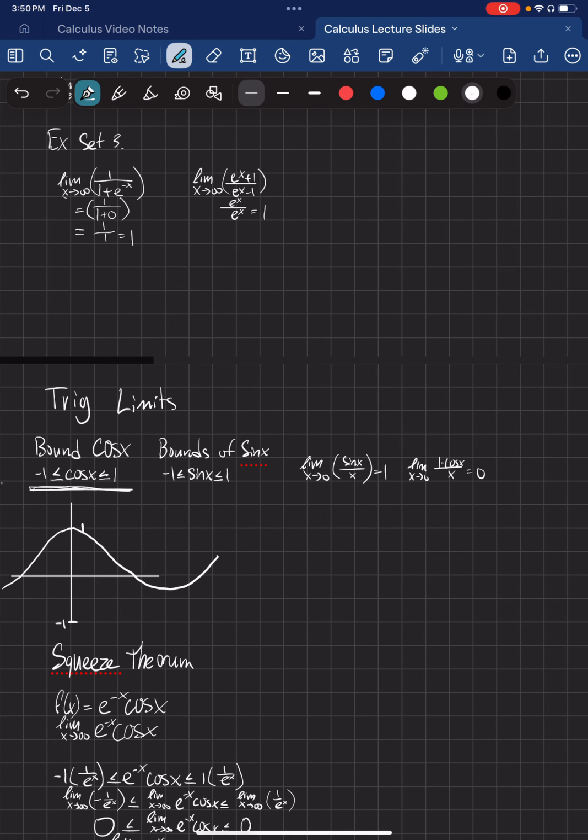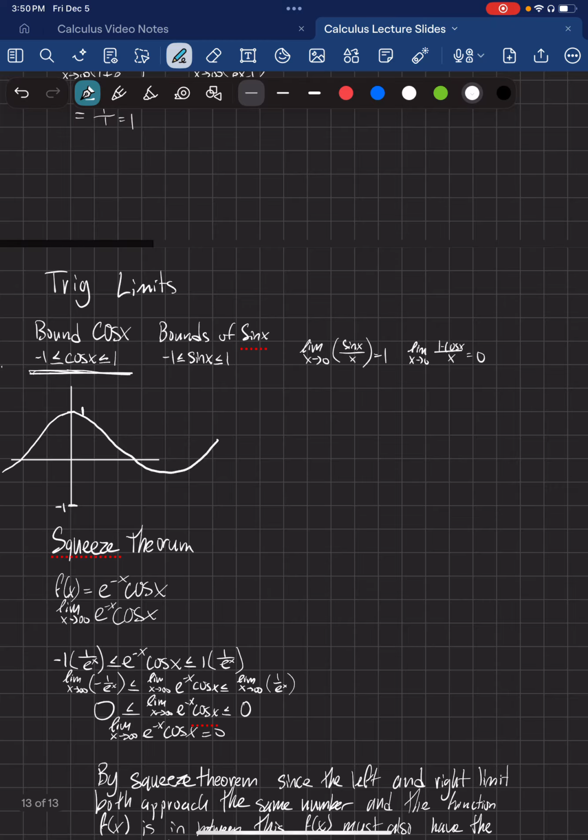And then we also went over our bounds for the base functions of cosine and sine being -1 and 1, and about it being an oscillating function where its value is always going to be somewhere in between those. And we were able to use that and apply it to evaluate more complex limits that we weren't able to do normally using the squeeze theorem. And then we also remembered and went over our limits for the limit as x approaches 0 of sine x over x, which we got 1, and then the limit as x approaches 0 of 1 minus cosine x,